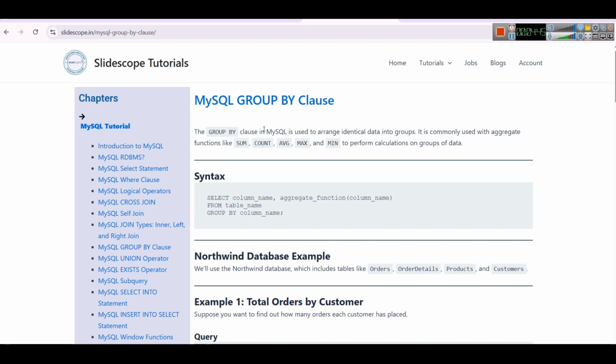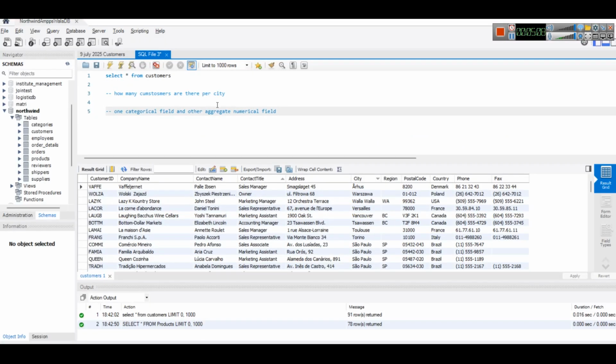Whenever we are dealing with MySQL, sum, count, average, max, and min are called aggregate functions. Aggregate functions return a single answer as data. On the other hand, other SQL queries return multiple answers. For example, if I select minimum unit price